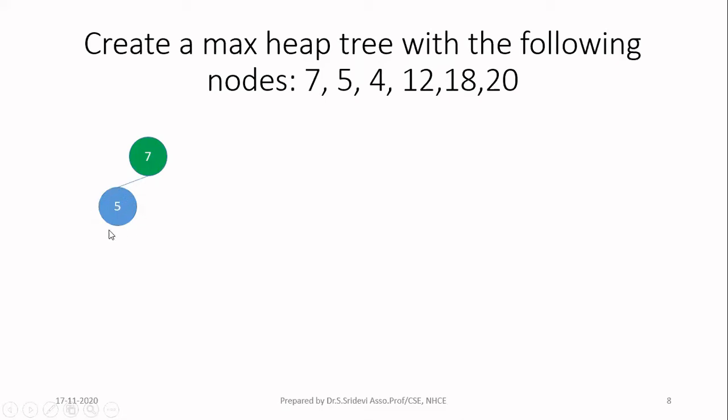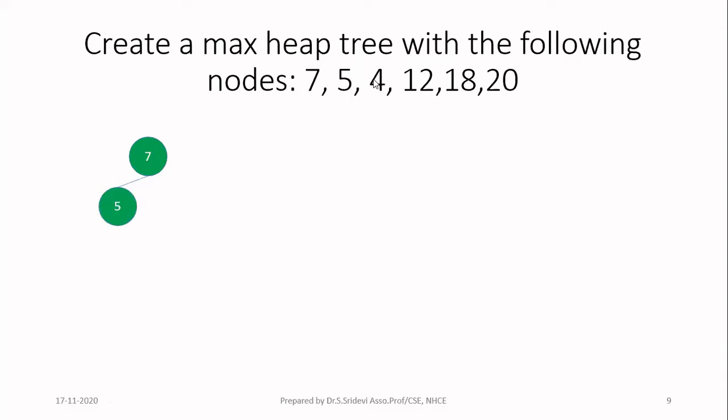Right? So now this 5 is a newly added node. It is following now the property of the complete binary tree. Then I have to check whether it is following the heap property. According to max heap, the root node must be a maximum number. So out of these two numbers, the root node 7 is maximum. That means it is correct. So now I have finalized this particular tree. Green color indicates that this is following the property of the max heap. Then take the next node.